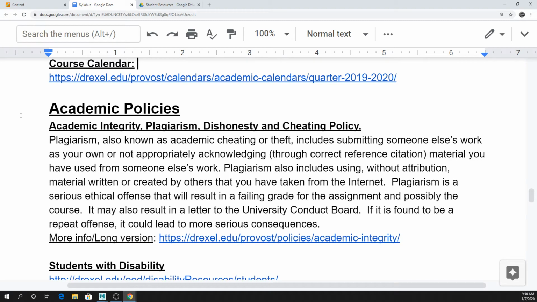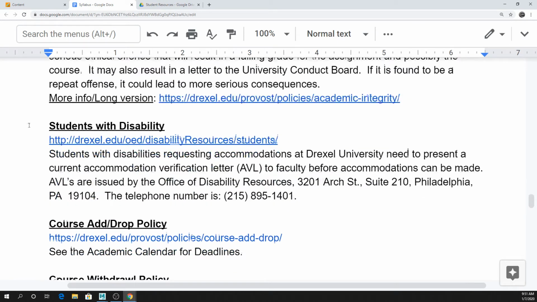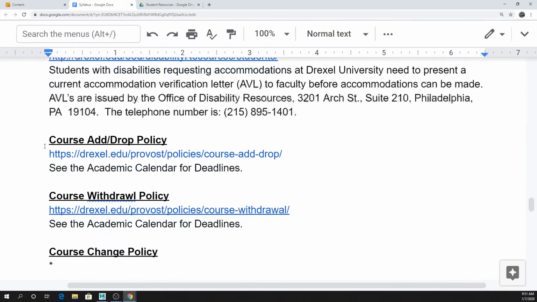Plagiarism. Don't do it. I assume you all know what plagiarism is by this point. And then other links to students with disabilities, and then course add drop policy, course withdraw, etc., all listed